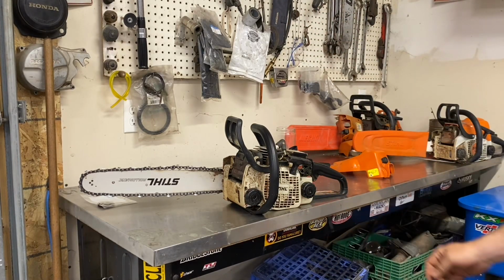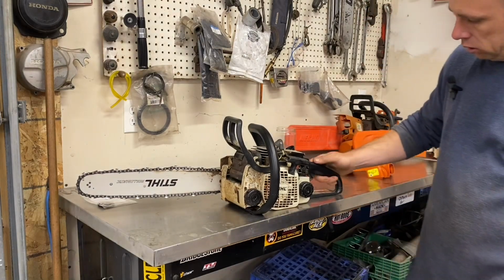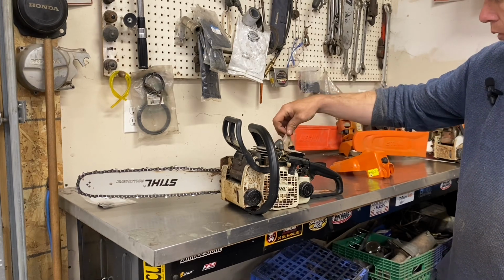Hey guys, today I'm working on a Stihl 017. I'm going to put a carb kit in it, but I'm also just going to go over a few little things and